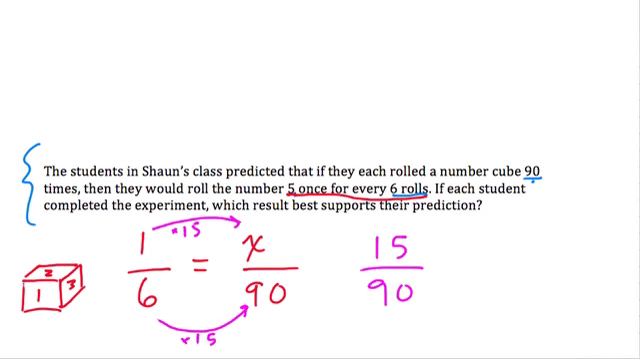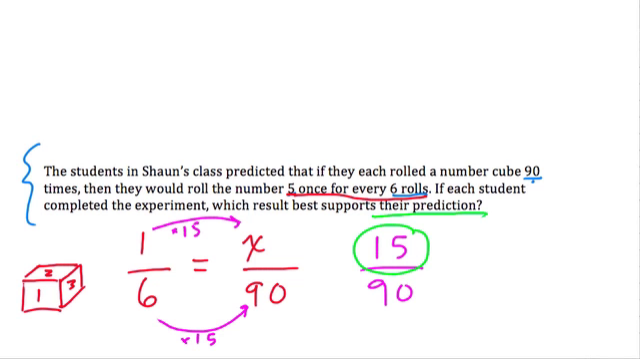So if they ask you a question saying, which result best supports their prediction, what they're trying to say is, based on the theory, this should happen. You should get exactly 15 rolls, but you're not going to get that. You could get that, but you're probably going to get something close to it, but probably not exactly 15. So if you're looking at a bunch of fractions to compare to this, pick the one that's closest to 15